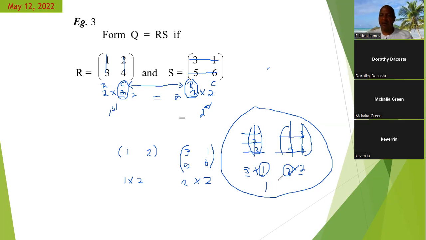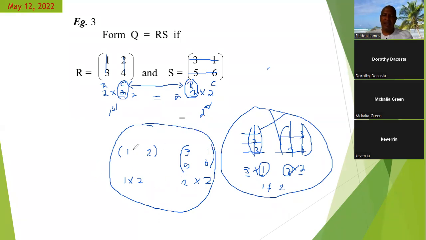So clearly, the question is, are these numbers the same? Would 1 be equal to 2? Is that possible? No, sir. No, because these numbers are not the same, meaning that they are not equal, these two matrices cannot be multiplied in the general sense. Now, Ms. Kevera, looking at this set of matrices that we have over here,